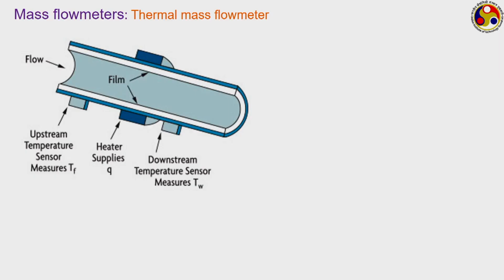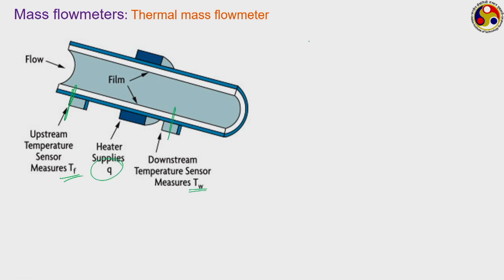The other mass flow meter we can have is the thermal mass flow meter. Thermal mass flow meters have a very interesting operating principle. Here, what we are doing is allowing some fluid to flow through a duct. At this particular section we are measuring the temperature given by Tf. At this particular section we are again measuring the temperature Tw, and within this portion we are supplying a fixed